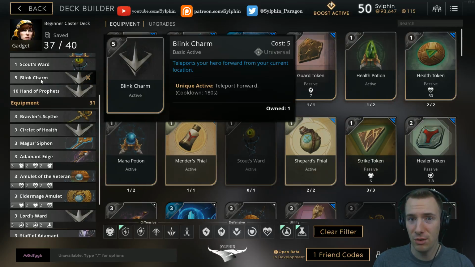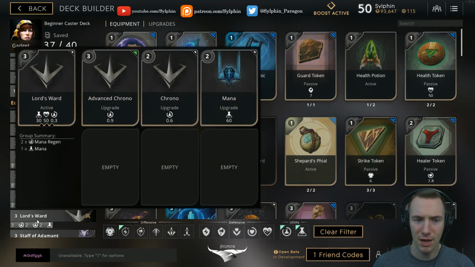A lot of other heroes, though, can definitely use this Blink Charm. Please consider using this Blink Charm because it is so important for a lot of people. It can save your butt and save you from falling behind a lot of the time. So please consider this Blink Charm after you get that Wellspring Staff, and maybe a mana regen upgrade or two